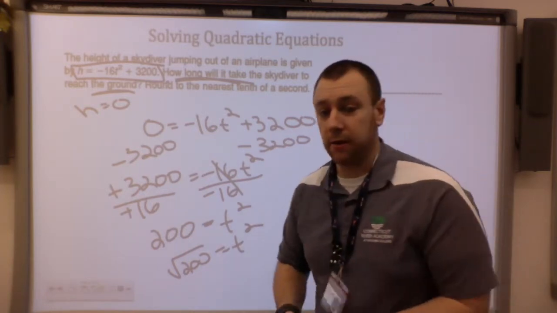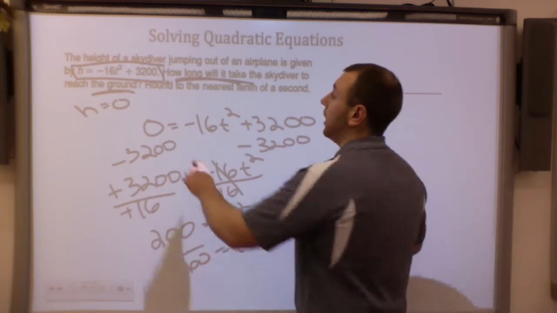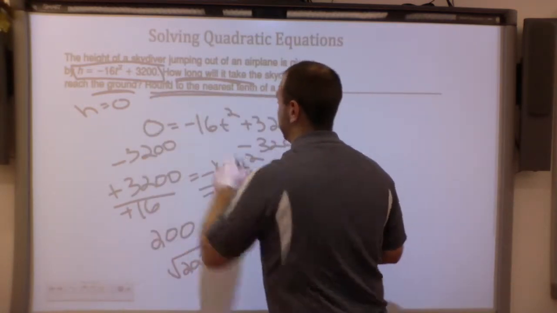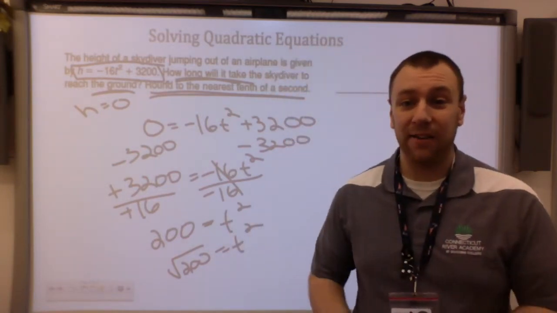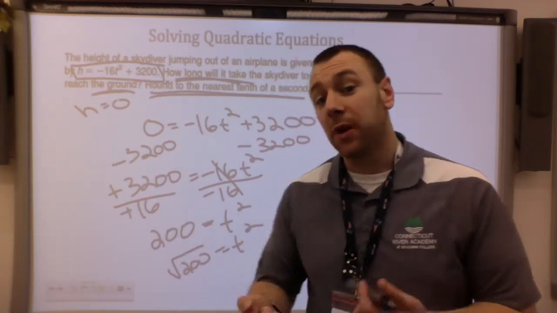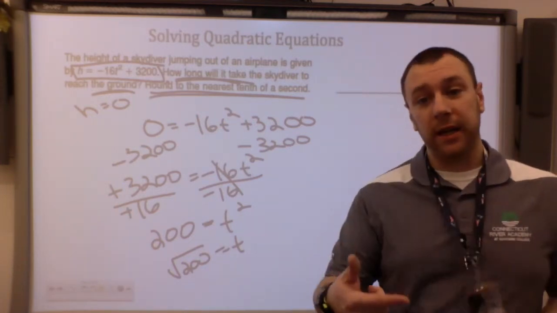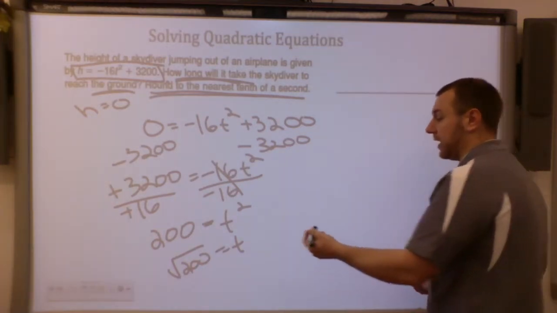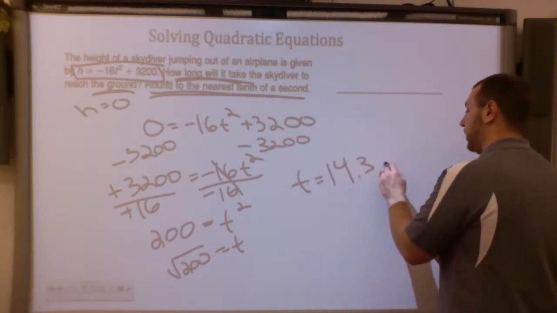Now you might be asking yourself, I don't know the square root of 200. It says round to the nearest tenth of a second, which means we're not going to have a good number for this. So we're going to have to take our calculator and plug it in. What you should find is that t is around 14.3